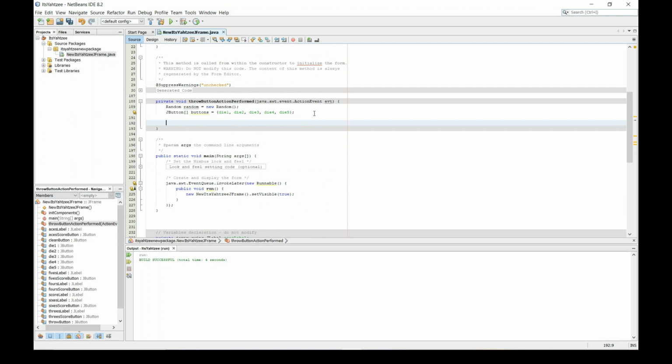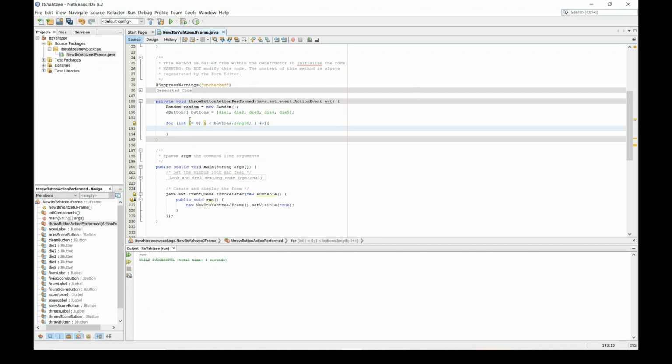Okay, what else now? I guess we can start placing the random numbers into our buttons, right? For that, we can use a for loop. For integer i equals 0, i is smaller than buttons length. It will iterate all the buttons, and then i plus plus, iterate by 1. We can directly place it onto our buttons. Then buttons i